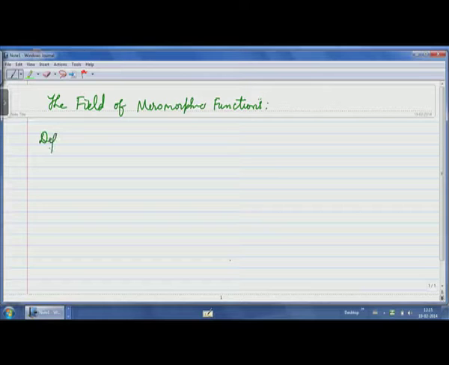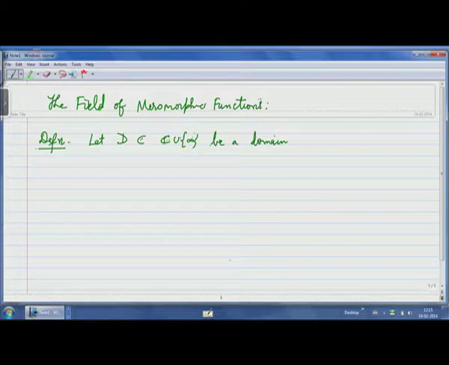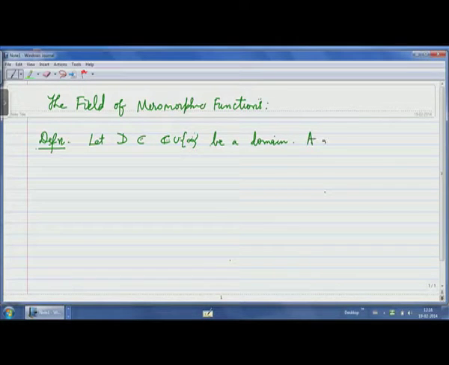So here is the definition. Let D in the extended complex plane be a domain. So I am looking at a domain in the extended complex plane. Mind you, it means that it is an open connected set, and of course we always assume that it is non-empty. A meromorphic function on D is either